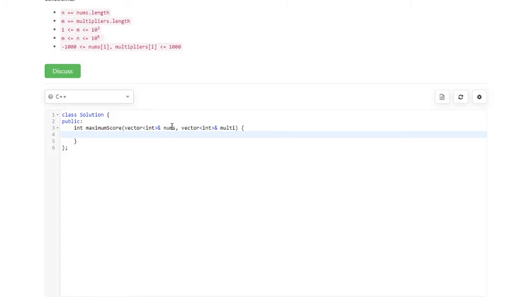Okay, so let me define a DP. Essentially DP will be of size m cross n, right? Since we have to only consider m steps, wherein m is a length size of, right? Let me define a DP.